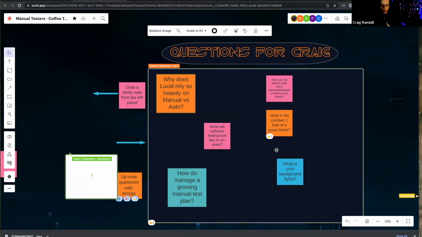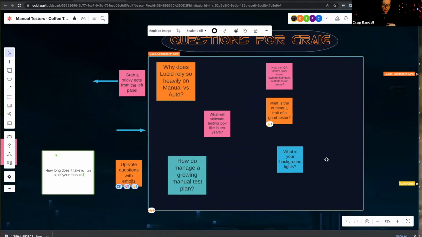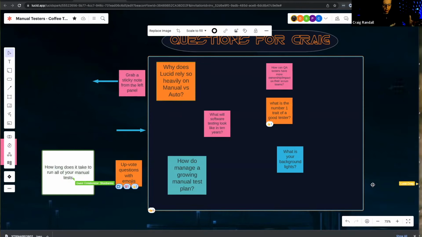We also rely on the manual testers because they are able to test before code is written. To the best of my knowledge, I don't think you can have automation that tests things before code's written. So you're having those testers listening to the planning, what is the story we're building, what is the epic we're building. That tester already has knowledge and experience of how the product currently works and the features that already exist in it. And then they can start thinking about what this thing we're talking about building might look like in